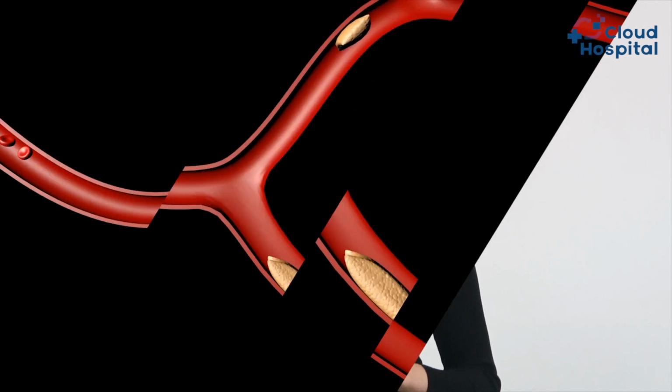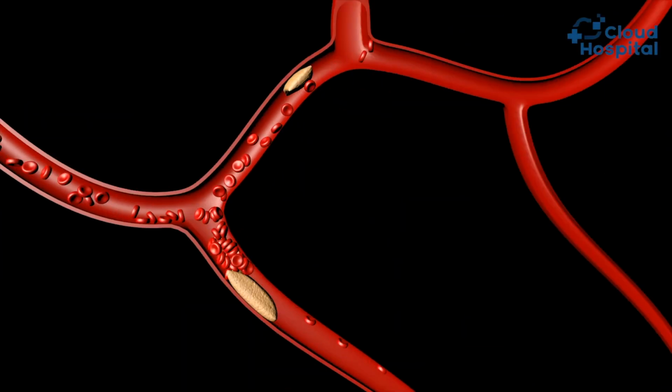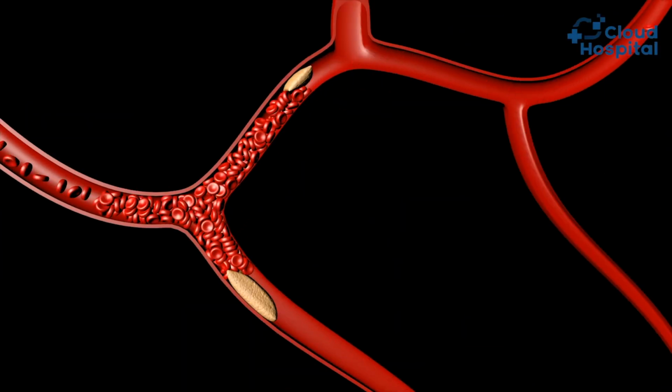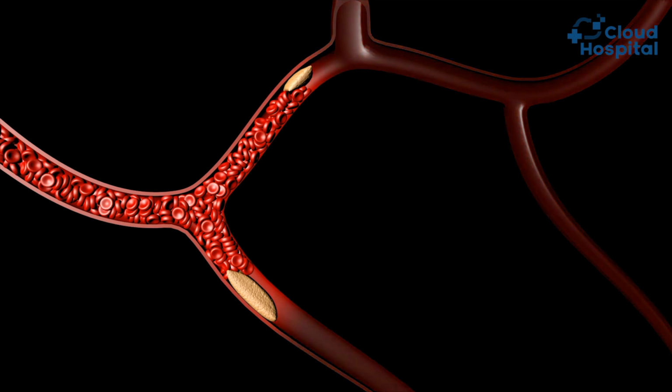Hello everyone. Today we are going to talk about abdominal aortic aneurysm. Did you know that the aorta is the largest artery in the body and can make a bulge or swelling in many parts of its course for various reasons? The swelling or bulge in the abdominal part of the aorta is called an abdominal aortic aneurysm, and it could form a pulsating mass in the abdomen.